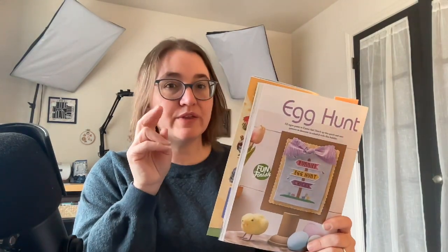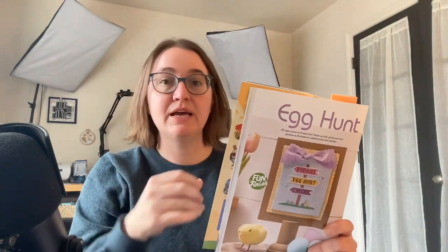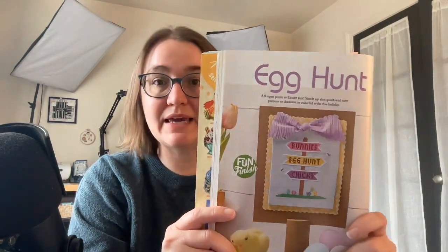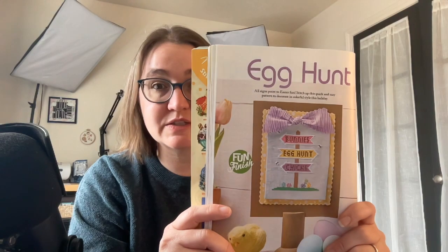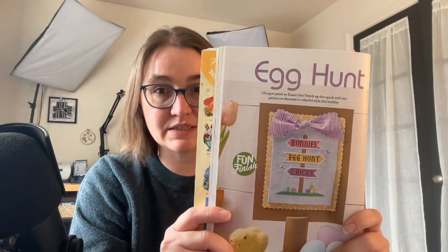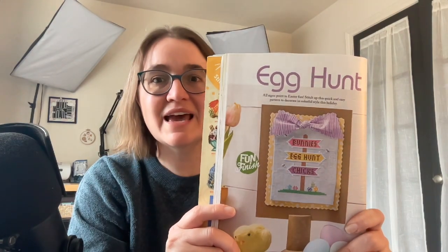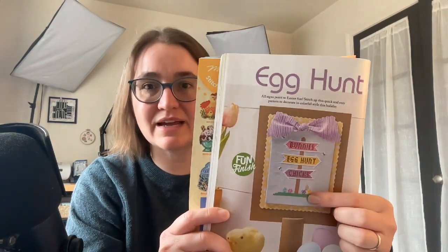And in this magazine, I have two things, and one of these I'll probably stitch. This is Egg Hunt by Embroidery by Kate. So if I want an Easter-specific one, I'd probably stitch this one because, very clearly, Egg Hunt is an Easter thing. And it has the little Easter eggs here on the bottom. So it's small enough that I could probably take the time to stitch that. Or